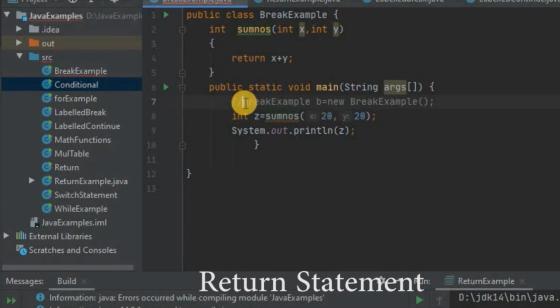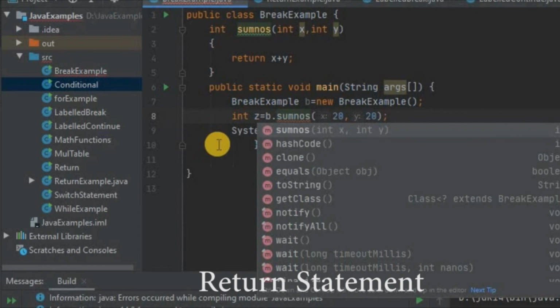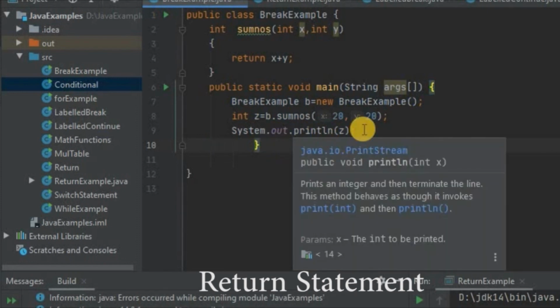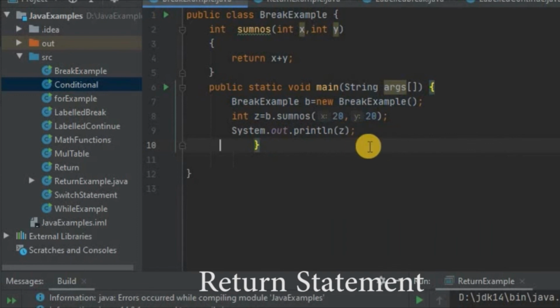So we have to create the object of that same class, and then call the member sumNumbers. So BreakExample b = new BreakExample(), z = b.sumNumbers(x, y), that is 20, 20.